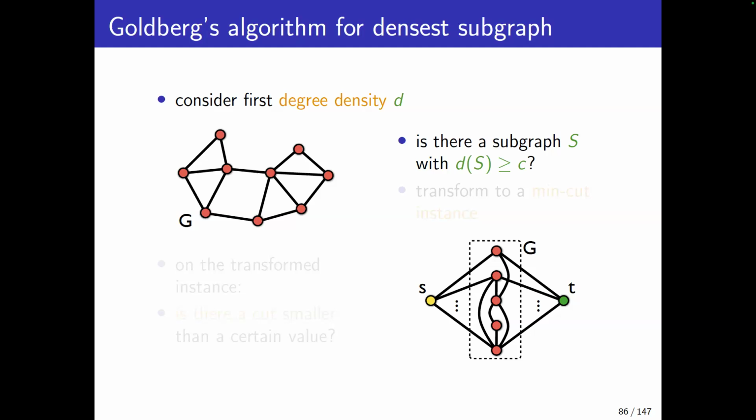Why is this a natural step? Because if I think about the average degree, it goes from 0 to n minus 1. 0 if it's an empty graph, n minus 1 if it's a clique, right? So there is a range of values of the average degree. So then potentially I can do binary search on the average degree